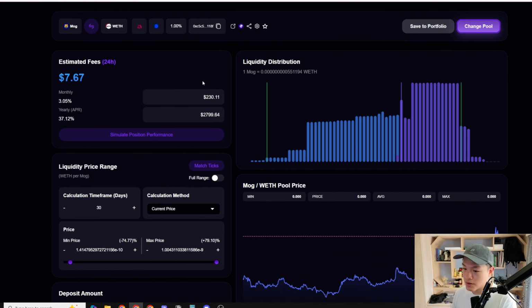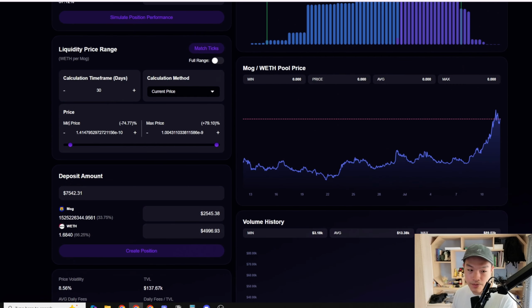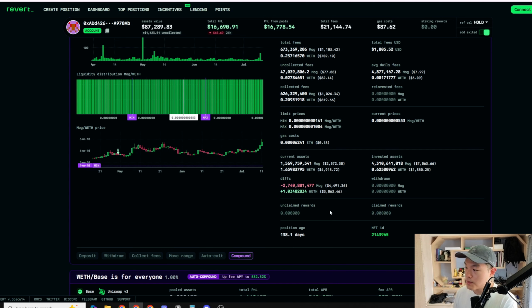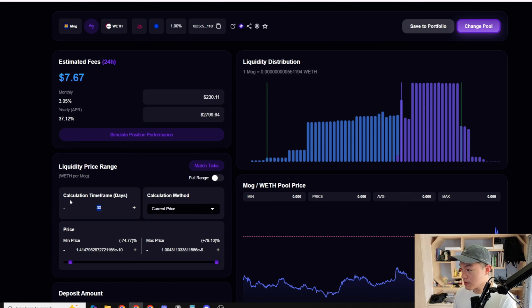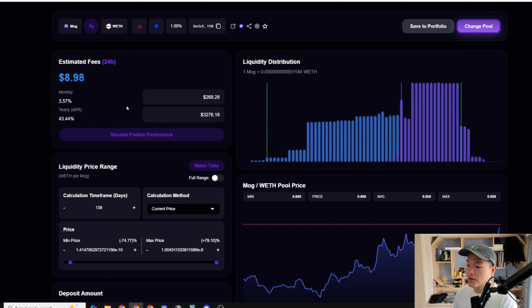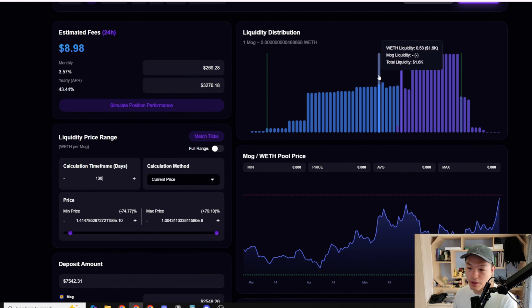So here we could see the MOG ETH pool. The LP concentration is not too bad compared to the Bonk pool that we saw, because my range is just barely wider than what a lot of people set, right? So at this current price, based on the last 30 days, the APR is 37%, but I've actually been in range in this pool for 138 days. So let's change that time frame to 138, and you can see the APR is roughly 43% based on the